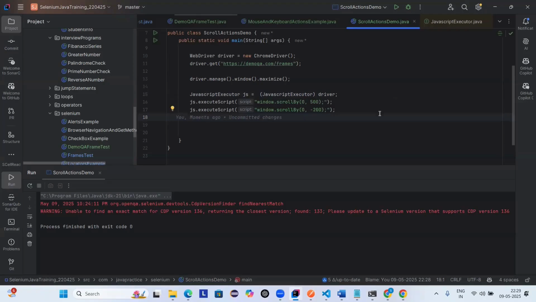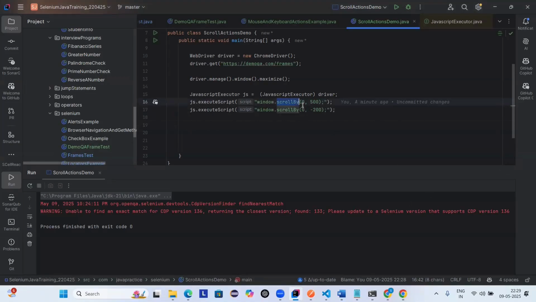But this could be one of the interview questions, like how do you click on something without the click method? Then your answer should be using JavaScript executor, I can click that. Anyway, I will document all those interview questions and share them. So now you scrolled down, up and down. You did both, right? If you find a horizontal scroll bar in a website,